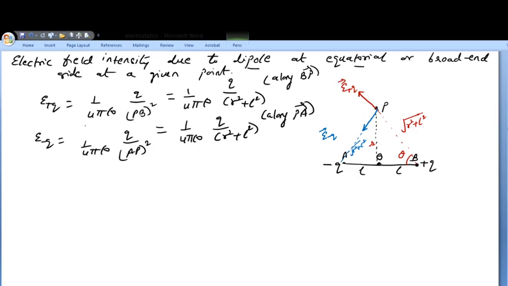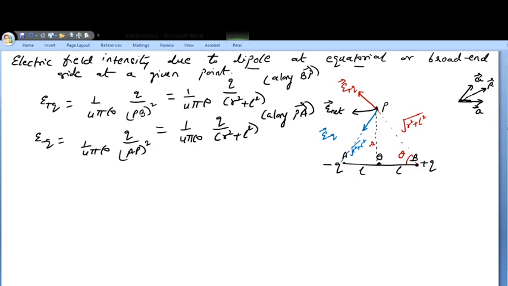So now you find that you have two vectors, E plus Q and E minus Q. You can see that the magnitudes are the same. See here, if you have two vectors, let us suppose this is vector A, and I say this vector is also A. These are two equal vectors, but the directions are different. It is the same case. So where will be the resultant? The resultant will always pass through the center. This will be the resultant at the center, and this is going to be your E net.